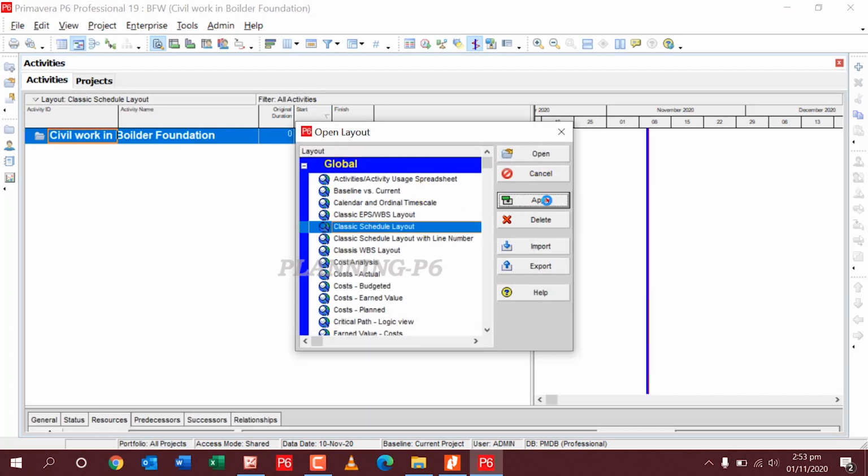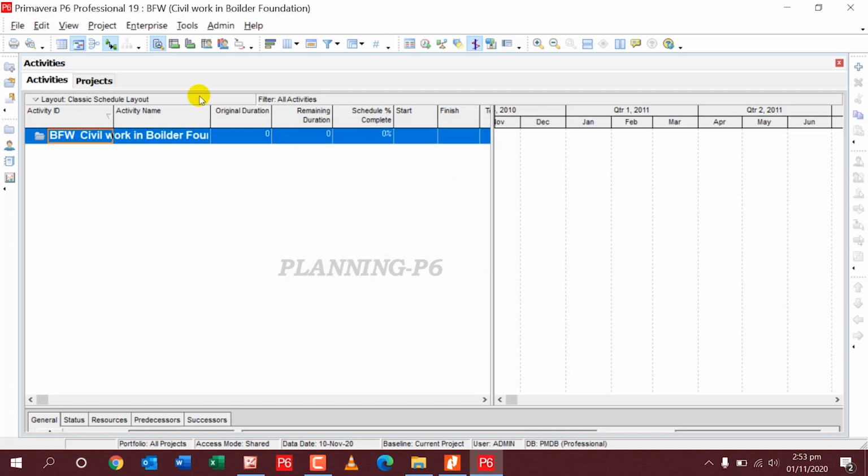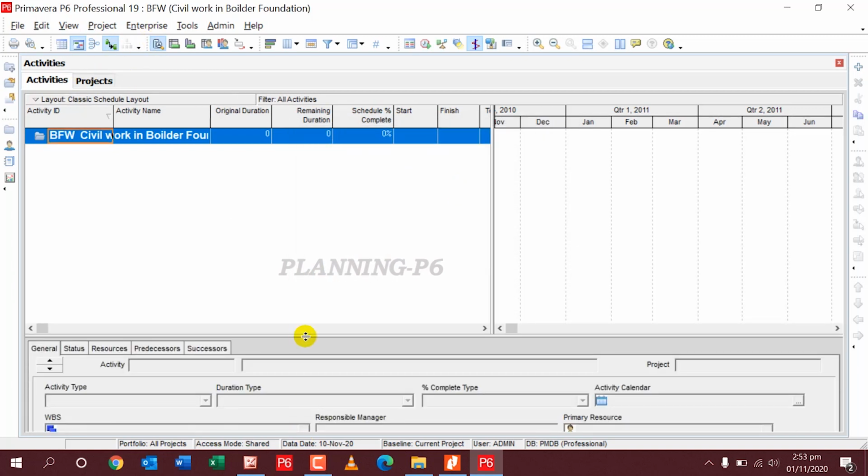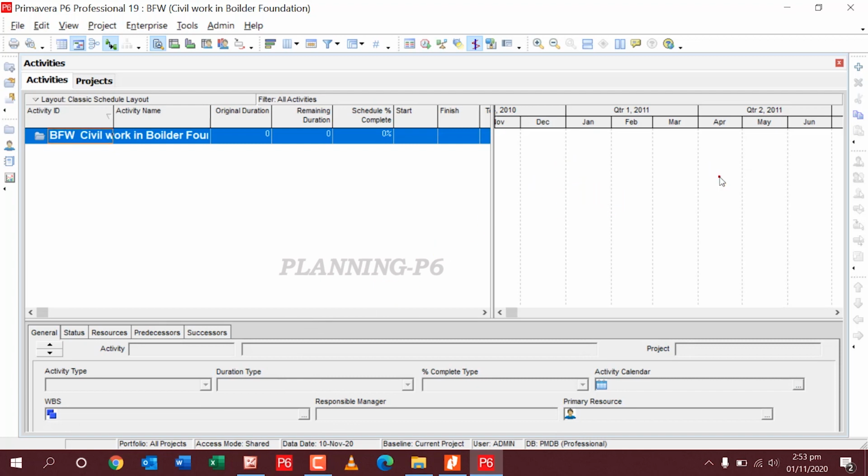Okay, you can see here the classic layout. So view system, it will be displayed like that. This is the time scale. So next one I will go for here.